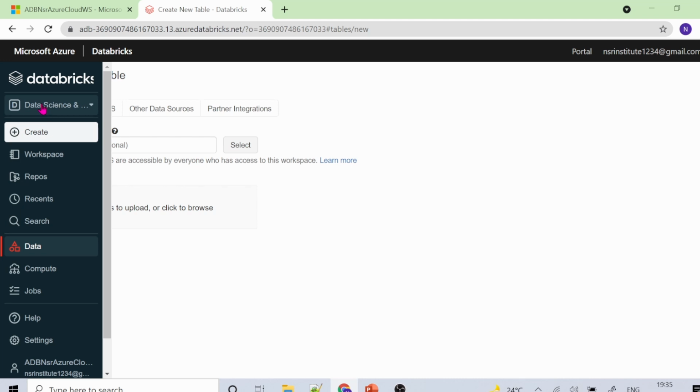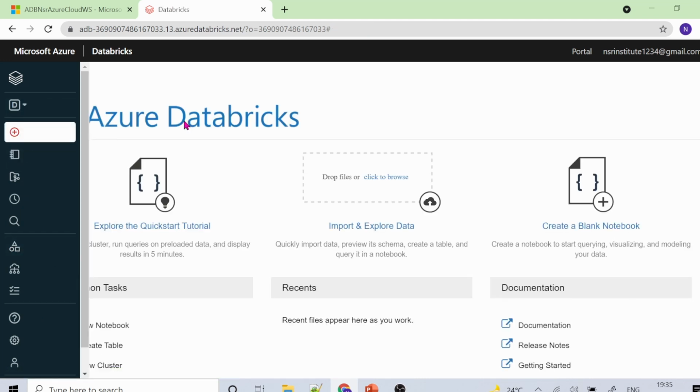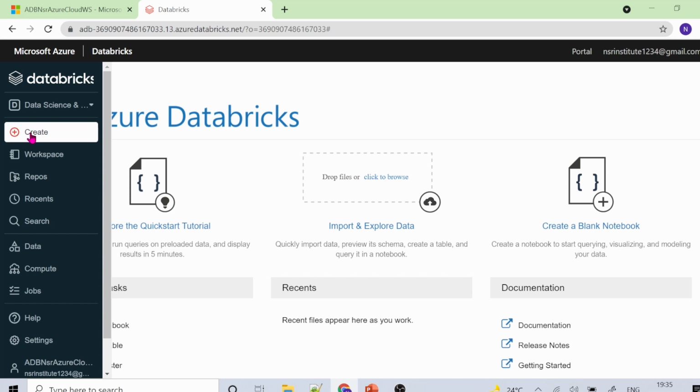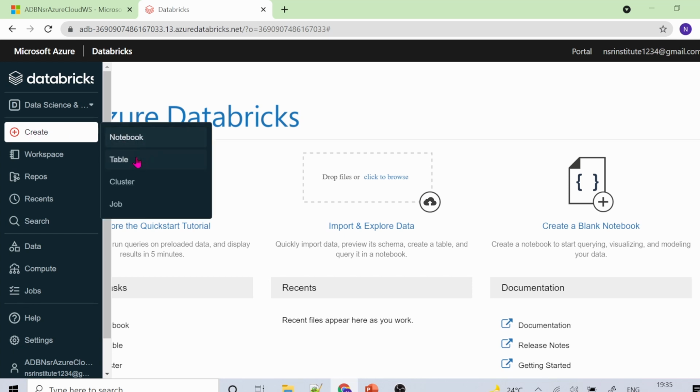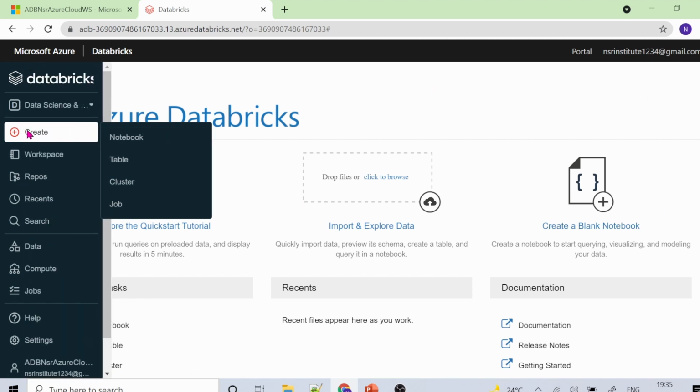All right, so here what we have is data science and engineering and machine learning. Under data science and engineering, this is the web page which would be displayed. After that, you can create a notebook, table, cluster and job from here itself. If you don't open this, you can directly create from here as well. Click on this create option and then notebook, table, cluster, job,